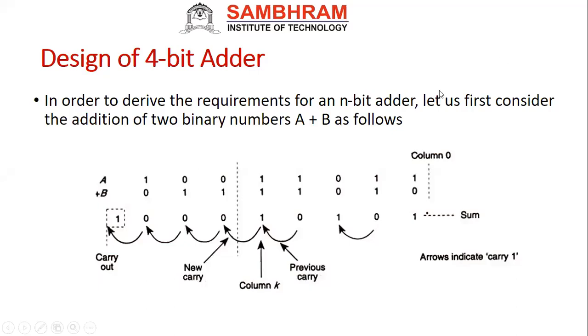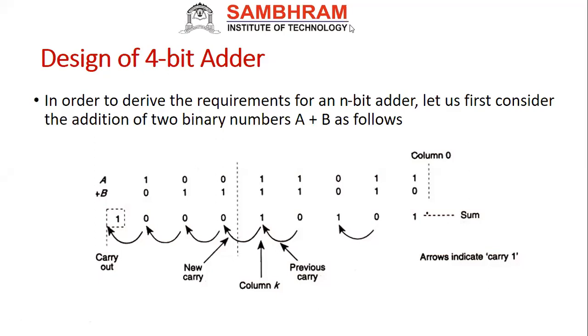Next in our subsystem, you remember we took the example of a subsystem as what? ALU and shifter. The first subsystem we completed, that is the shifter. The second subsystem is the ALU. In the ALU, what operation? Arithmetic operation. We are going to design a 4-bit adder here.